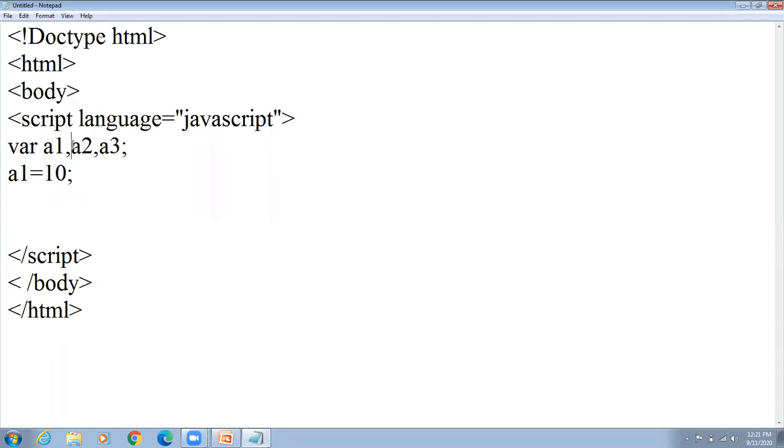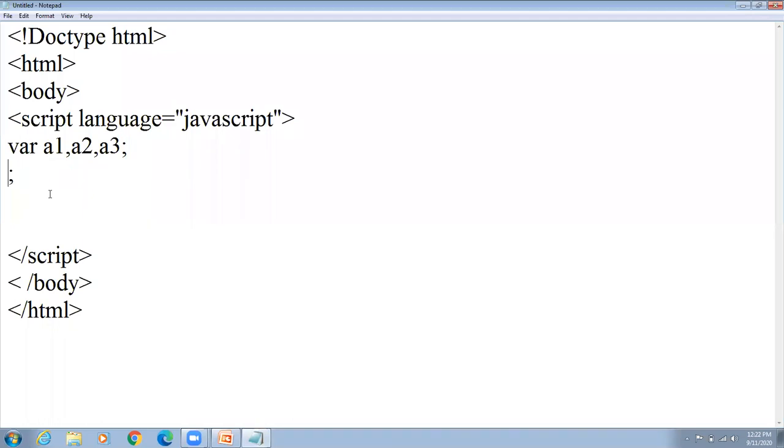And A2 is empty, A3 is empty. I have not assigned any value to A2 and A3. I have just assigned the value to A1, and A1 is 10. Means the assigning is always from right to left. What is on the right side? 10, and on the left side A1. So 10 is assigned to A1.